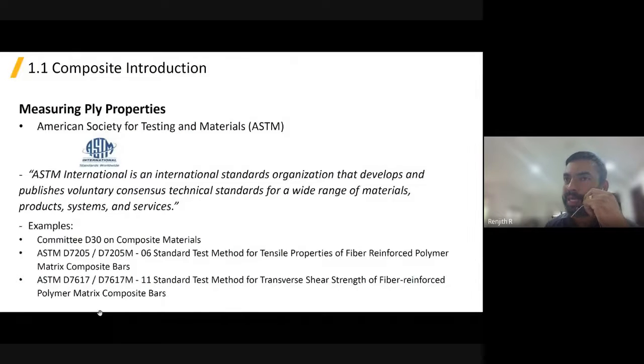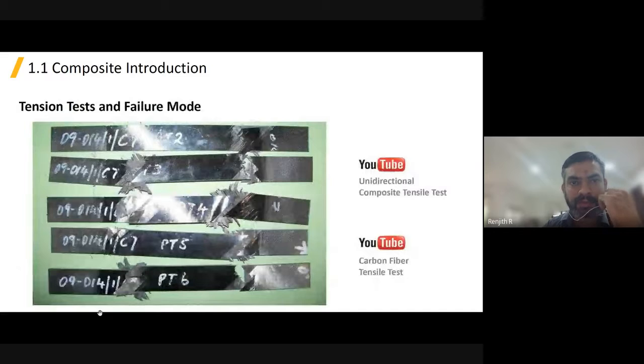Normally, if you are using a fiber composite, we will use D638 or D3039. That is widely adopted for academic research to find out the mechanical properties. This is the tension test we will do, and we get the results: the yield strength, the Young's modulus, and the load deformation curve, which means we can calculate the stress strain curves. We get these from the tension test and compression test.